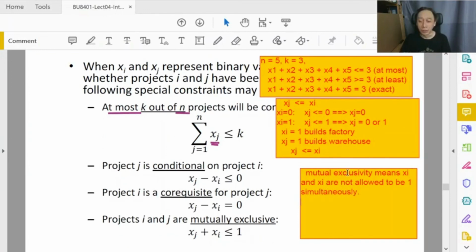So xi and xj can be 0, 0, okay, no problem. Do i, don't do j, that's okay. Do j, don't do i, that's okay. Do i and j together? No, that's not okay. All right. Now that's easy to talk about in zeros and ones, but can we think of a useful